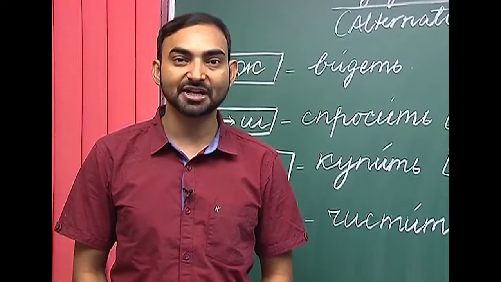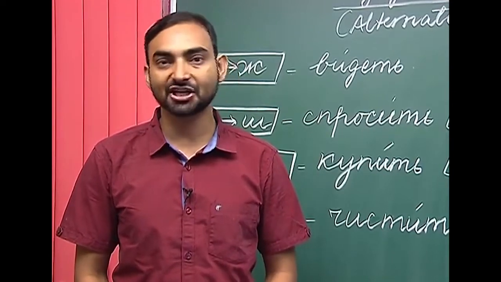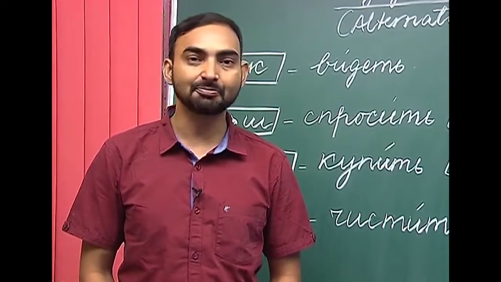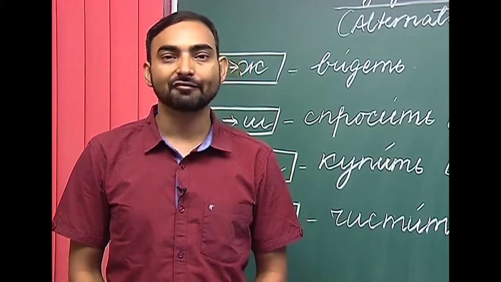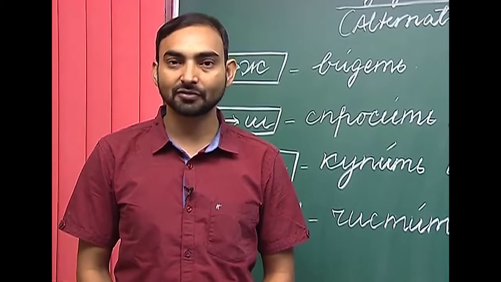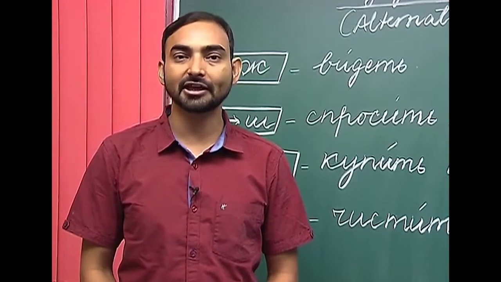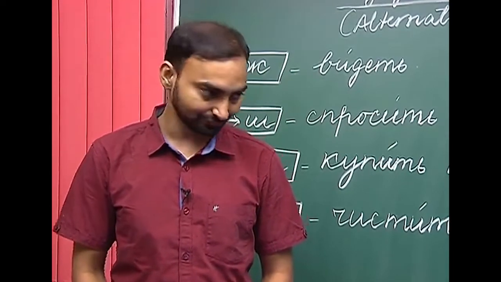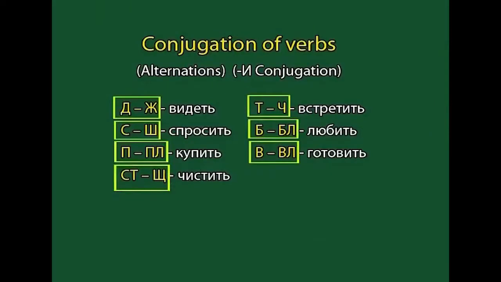Ya pishu, ti pishish, onana pishit, mi pishim, vi pishite, ani pishut. Now, we will discuss the alternations which happen only with the first person singular, with ya. There are a few verbs which follow the e conjugation and the alternation happens only in the first person singular,